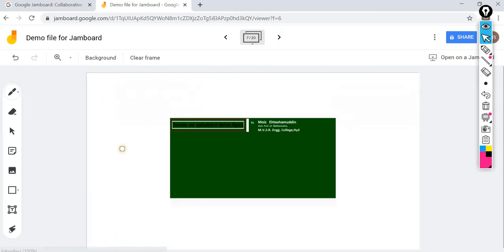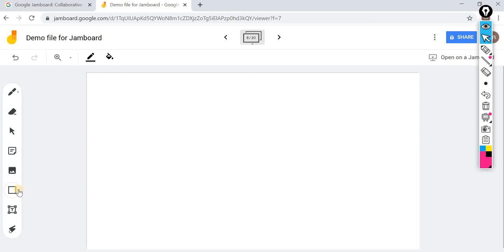Coming to one more last case. So we have, okay, we'll go for another slide. I will use different figures. I have circles, all these things. You have the chance of drawing an arrow.